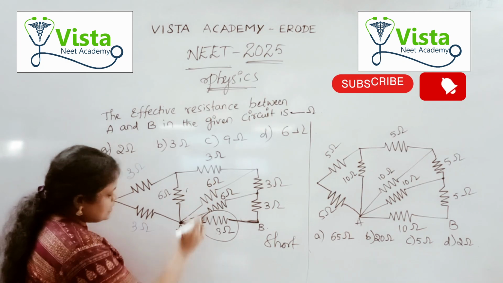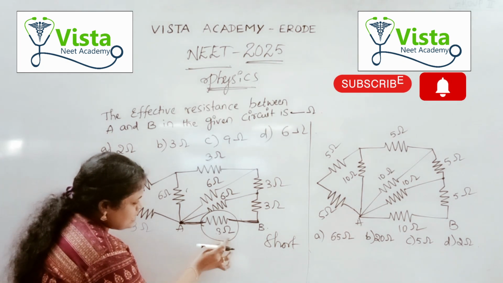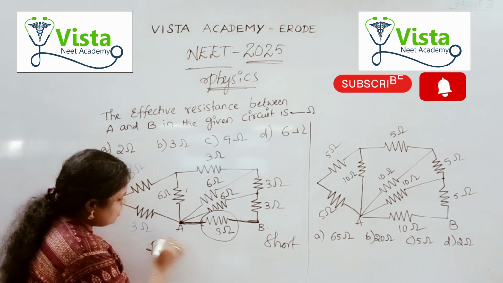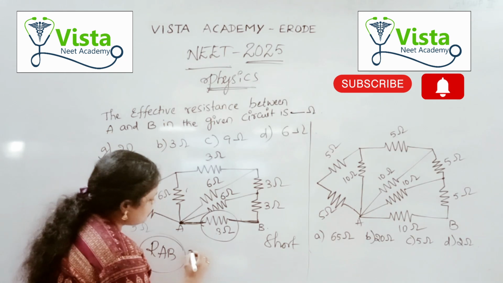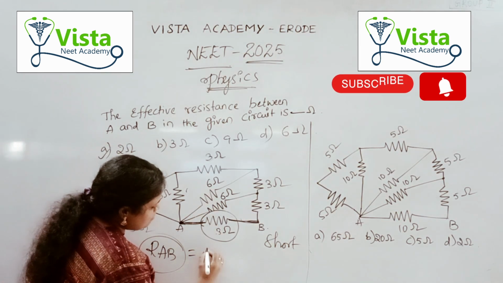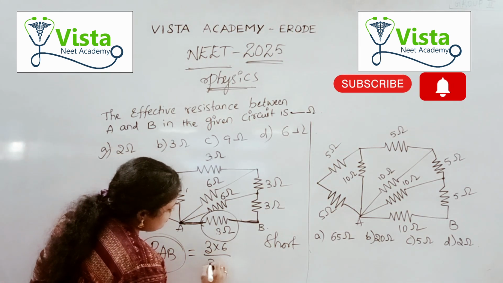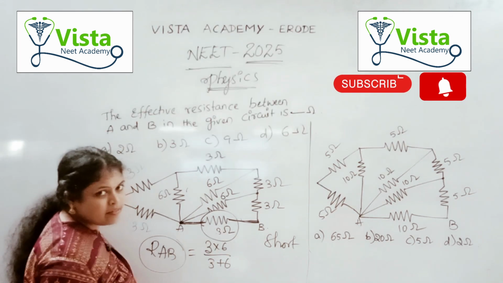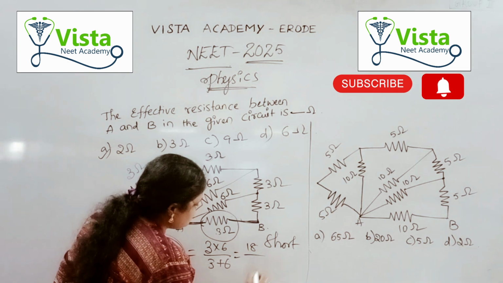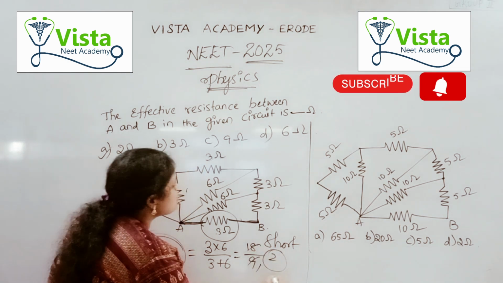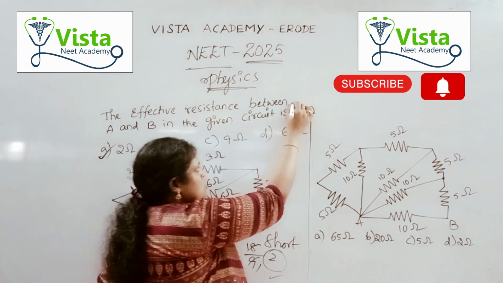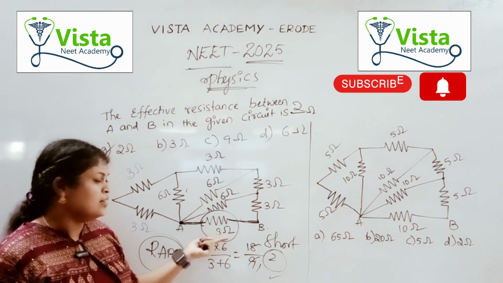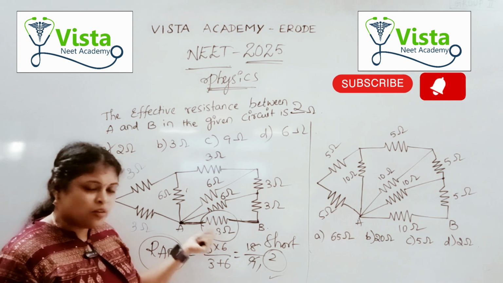So when the two resistors are connected and the least number is the downward resistor, there is a shortcut to prove, that is RAB, equivalent resistance, will be proved as they are connected in parallel. So 3 into 6 by 3 plus 6. Parallel connection is nothing but R1 into R2 by R1 plus R2, which is equal to 18 by 9, nine twos are 18. So our answer goes with 2, right? So here 2 ohms is the correct answer whenever we have the lowest number in the downward resistor.